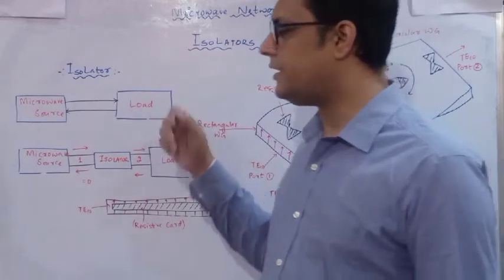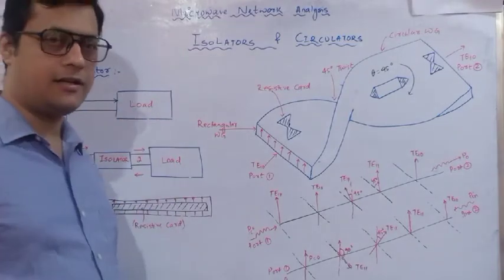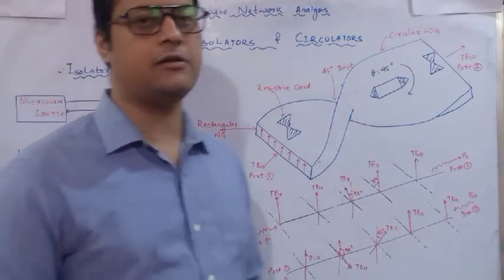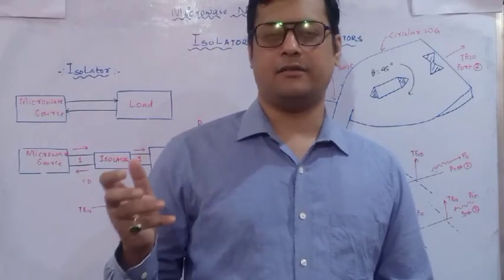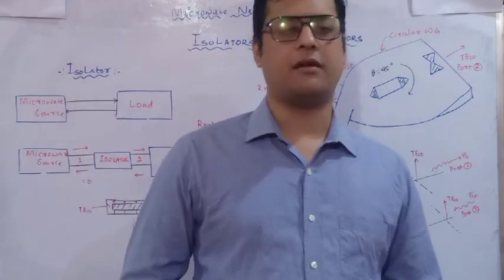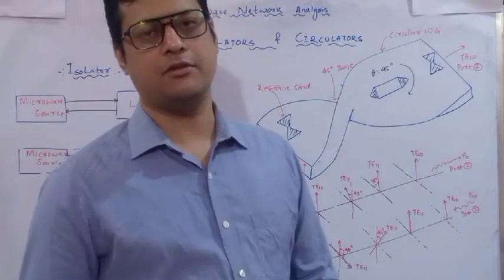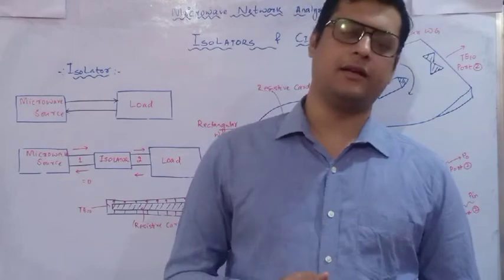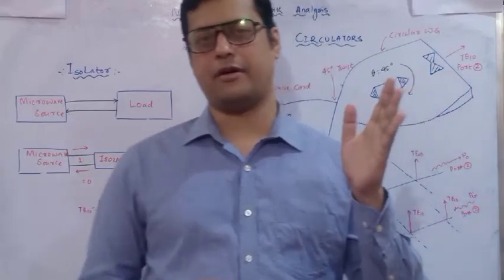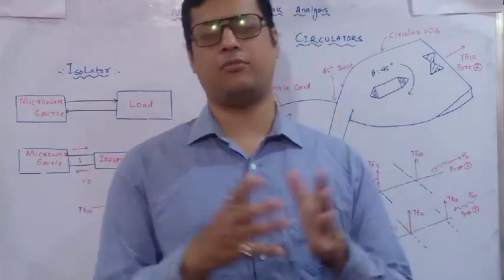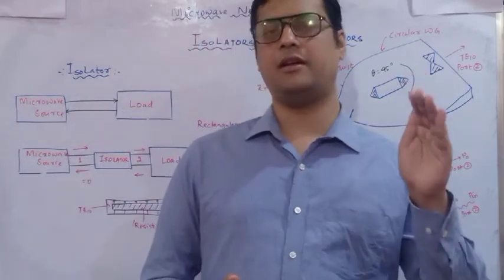Now as you can see, the word isolator or circulator itself indicates that it will isolate the reflected signal. Always remember that, because this isolation we have seen in our directional coupler, when we provide the power in the primary section, some of the power is distributed in the auxiliary wing, and we form a relation with respect to coupling. So if you provide the power at port 1, then port 4 is coupled with port 1 and port 2, and this coupling factor basically forms a relation between the primary section and